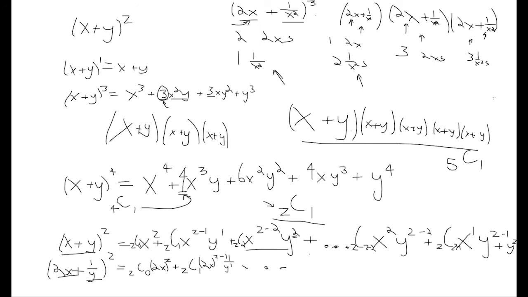So I'm just going to recap one more time for that question. We had a binomial where one term had a positive exponent, so x, and another where the exponent on the x was negative, so 1 over x squared. We needed to find a way to cancel those two with each other. We needed to find which term had the right number of 2x's and 1 over x squared so that they would cancel. The way to do that is basically